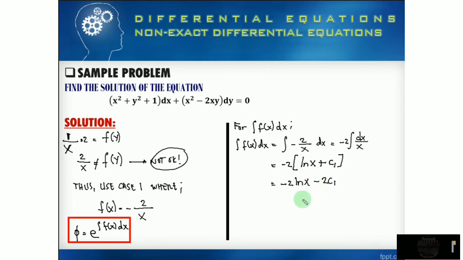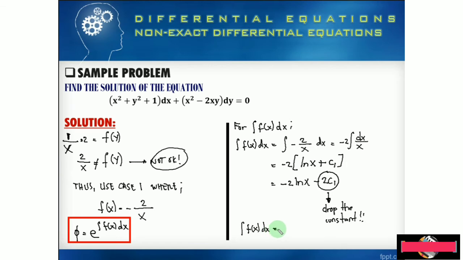Okay, so in calculating the integrating factor, this constant, we are just going to drop. In calculating the integrating factor, drop the constant here. Okay, so this will be then equal to the integral of the f function of x dx is then equal now to negative 2 ln of your x. Okay,